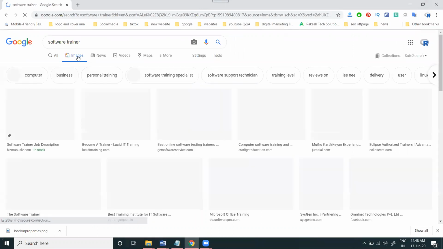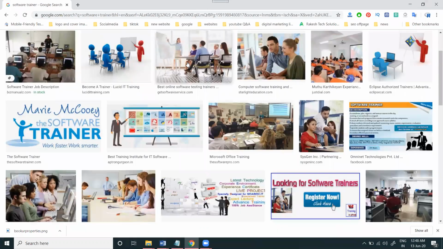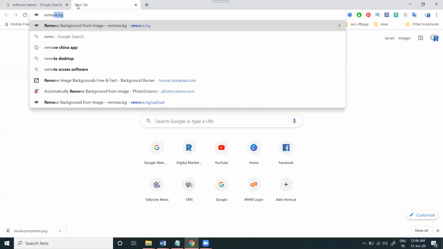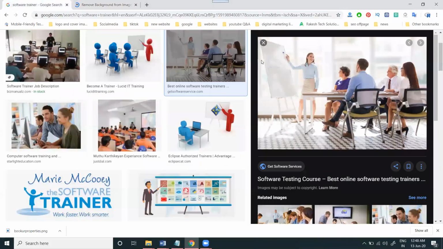Just I'm selecting images. You can select any kind of image here. Now I'm changing this image background. First, remove this background. You can use the option called remove.bg. So first of all, save this image